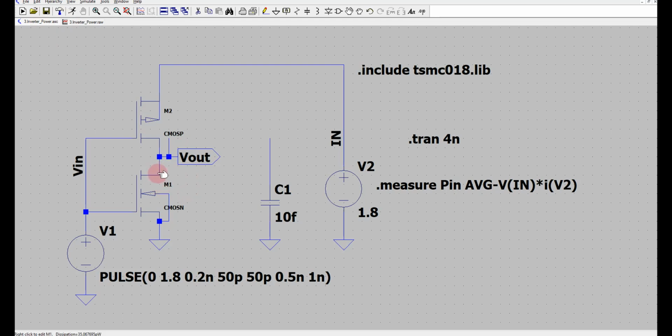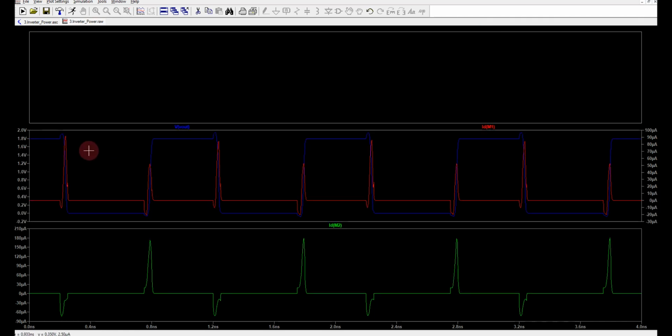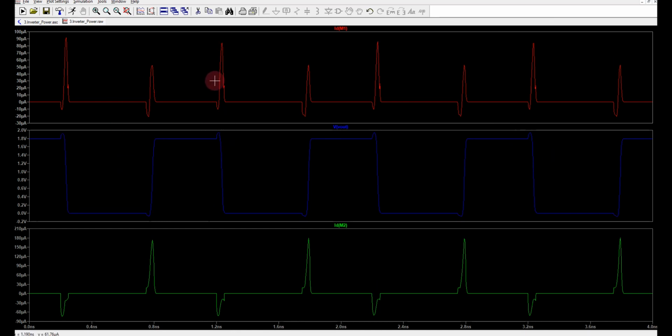Similarly, if I plot the current in the NMOS out here, in the NMOS you see the current is only when the signal is going from high to low. But there is also a current here. Why is this current here? This is because of the short circuit current, because I have not connected any load. So I find there is some short circuit current here, right? The output capacitance is being pulled down by the NMOS. And the output node is getting charged through the PMOS, this current.